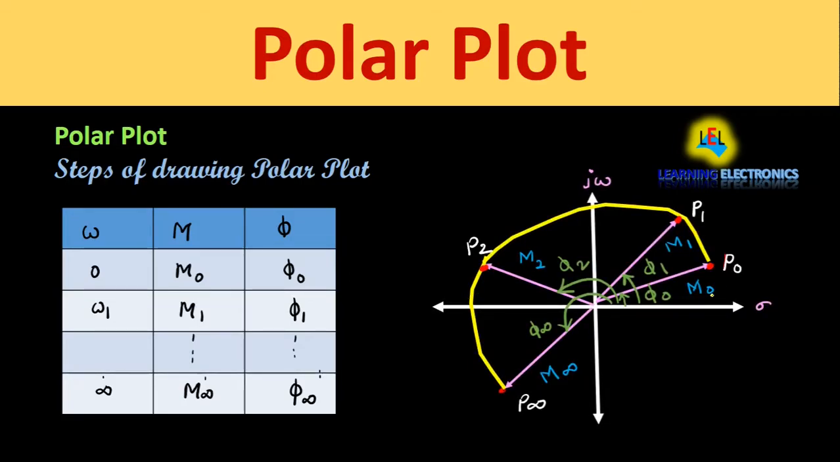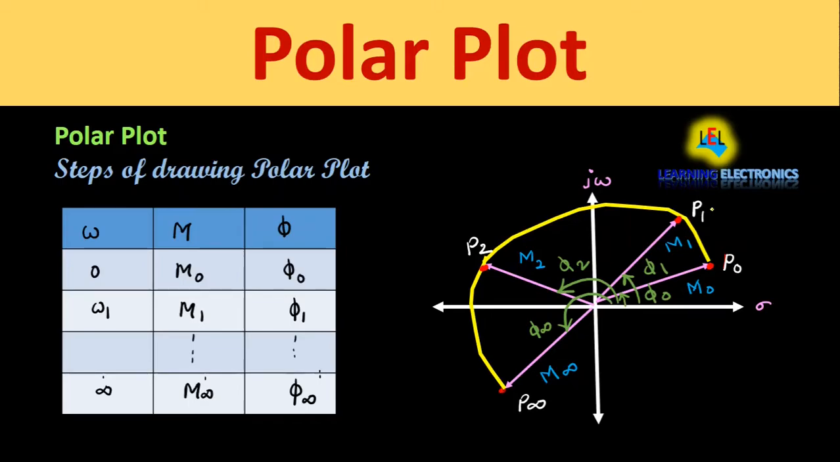As I have told you, always these phase angles are measured from the positive real axis. First we will measure phi 0. Then on this angle line we will mark this magnitude point M0 and mark this point as P0. Then we will measure the angle phi 1 corresponding to omega 1 and mark the magnitude point M1 and mark